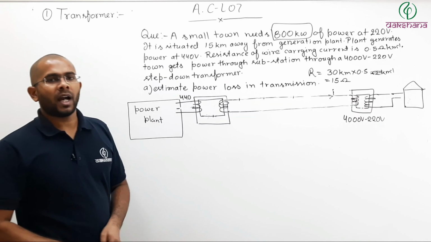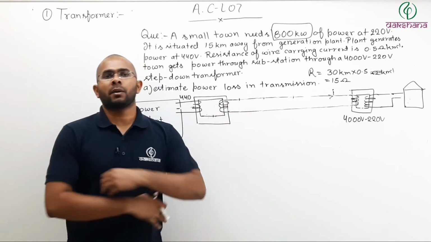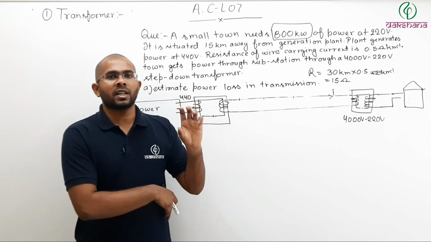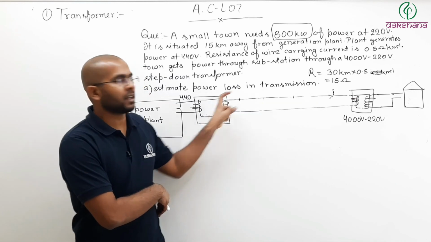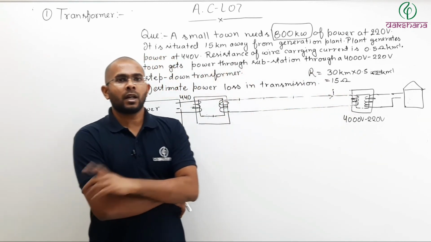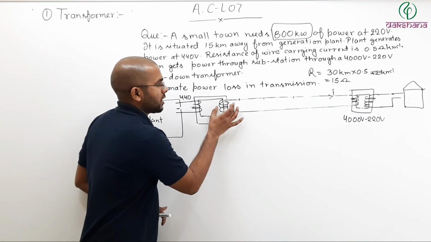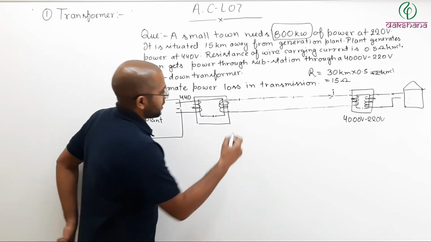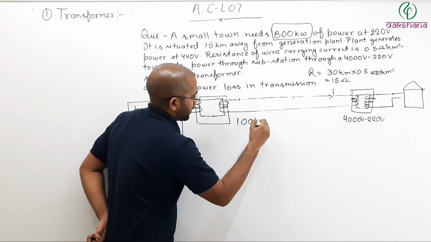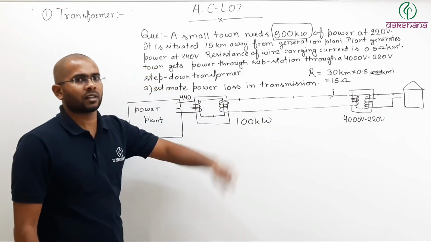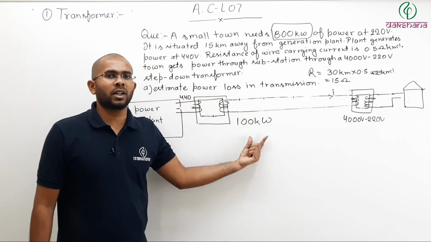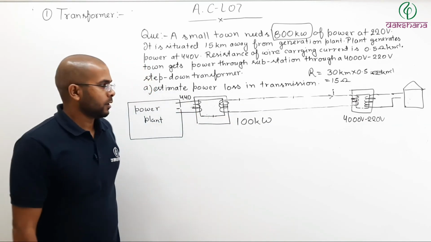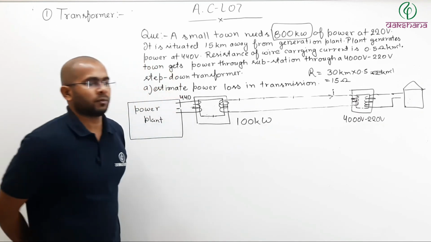Now let us suppose I need to transfer some amount of power, because anyway, what is the purpose? The purpose is I need to transfer some amount of power from here to here. Now remember, in this coil also the power is transferred. Now let us say I need to transfer 100 kilowatt. This is just an example. This example has nothing to do with this question. This is just an example to make you understand why we need to transfer at very high voltage. So let us say I need to transfer 100 kilowatt of power.